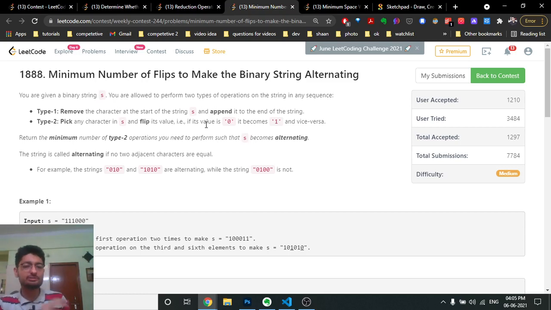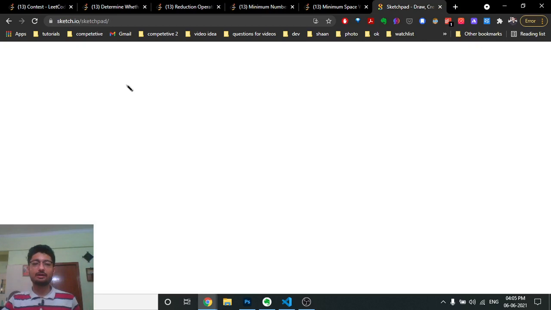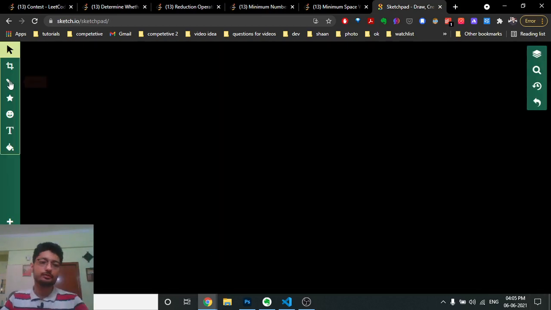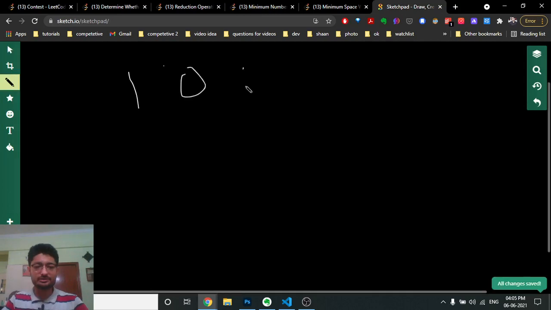Minimum number of type 2 operations to make the string alternating, which is like 1010 or 0101. Okay, so that's the whole problem. Now what you can observe in this problem is, just draw two or three test cases and it will become very intuitive. So if you just write down 1 0 1 0,